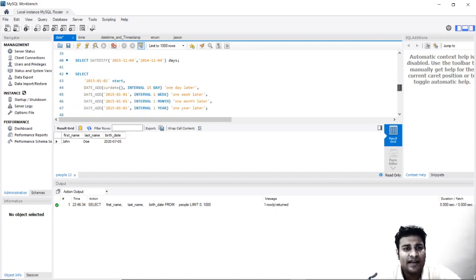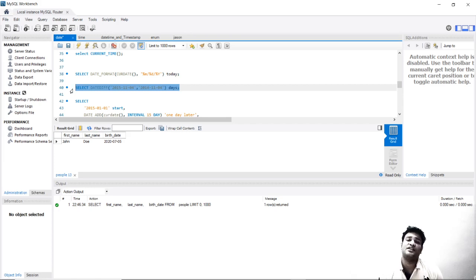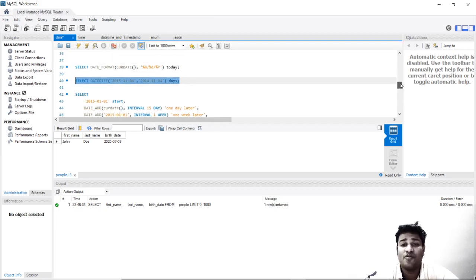So again we are adding a date, so date add. Similarly, we can find the number of days between two dates by date difference. Even if you do not remember these functions, you should know that there are functions like them. You do not need to remember them. Obviously, you are not preparing for an interview. If you are preparing for an interview, you need to learn them. But if you are working on SQL regularly, you will learn them automatically. But as of now, you should know that there are these kinds of functions which can be used while you are working professionally. There can be various business cases which will come for you and you will have to work on them.